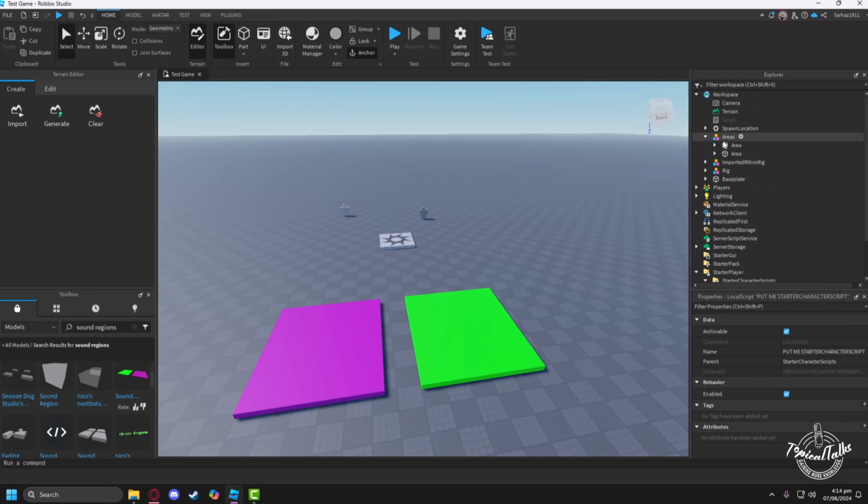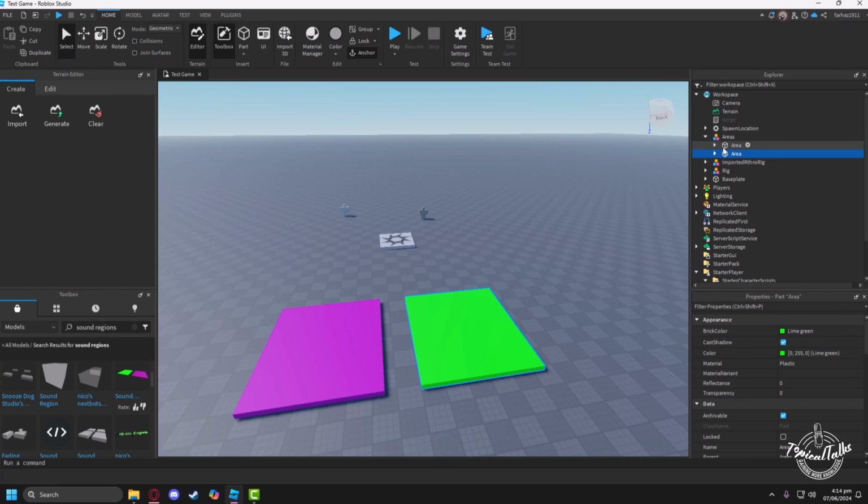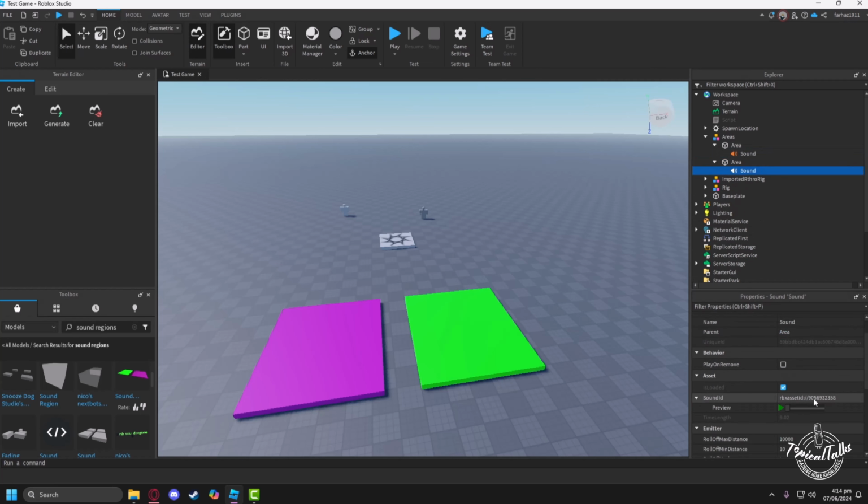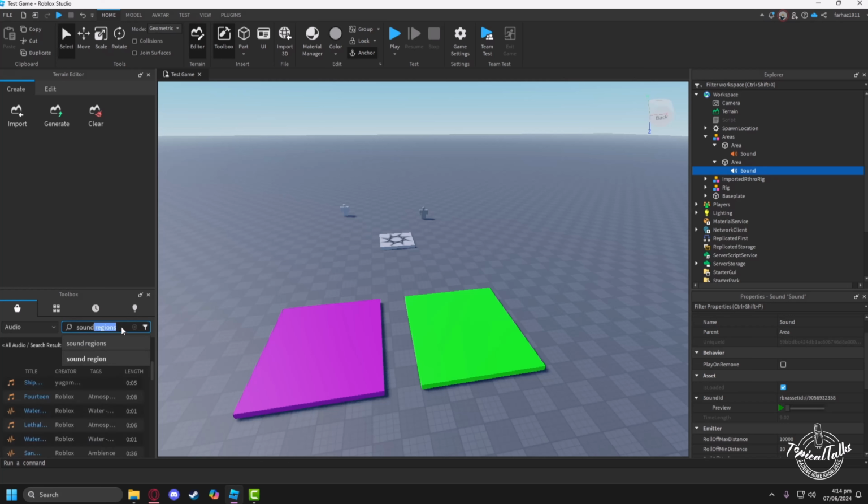And after that, you will see that these two separate areas are responsible for playing the music. They both have a sound ID within them, which you can change at your will. So right now I will add a custom sound in them. So I'll head to the audio tab and search for sound. Now a lot of sounds has appeared in here. I'll just take this sound,